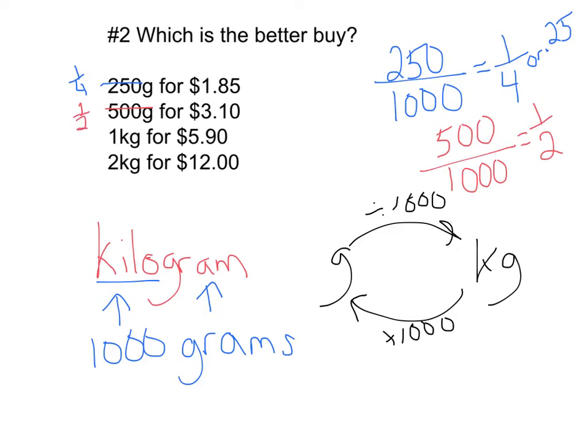So from here, the problem really is straightforward. There's not really too much to do. All I'm going to do in the case of a quarter is to get from a quarter to 1, I'm going to multiply by 4. So $1.85 times 4. That one I might need a calculator for, or I could do that in my head. Turns out that it ends up being $7.40